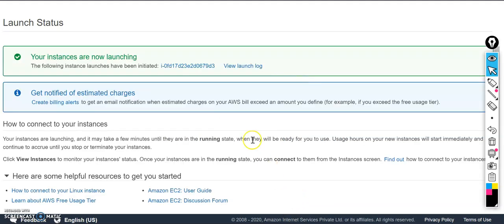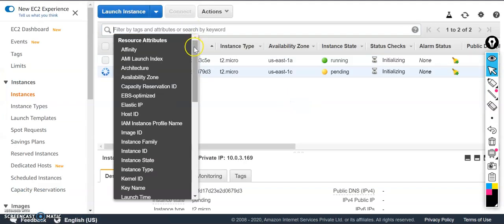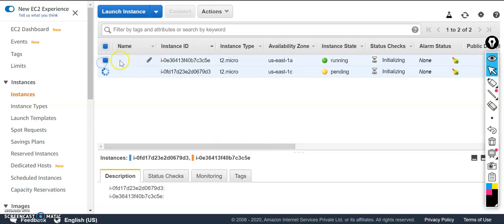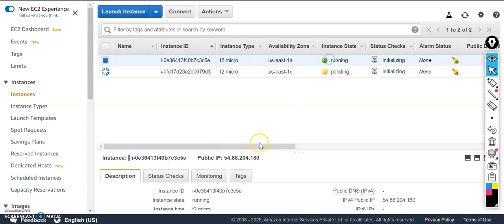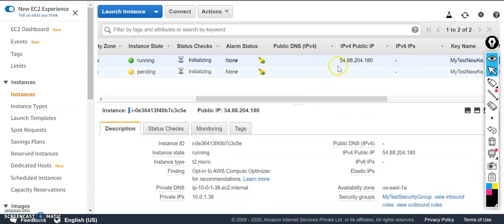So this is how you can launch your instances in public and private subnet. Now what is the difference in that? I will just show it to you. Both the instances are getting launched. Here you can see public subnet instance is already running state. Still status checks are going on, and here you can see public IP is automatically assigned to that particular instance,